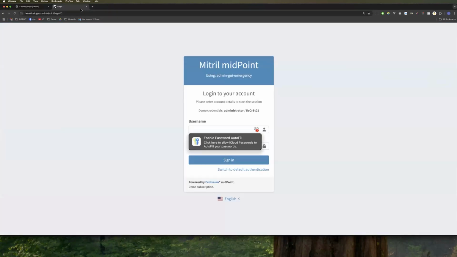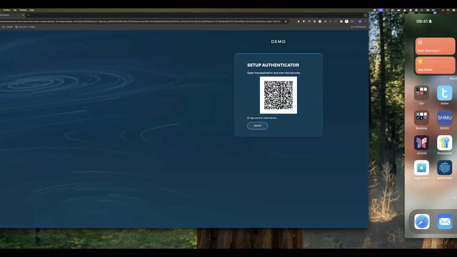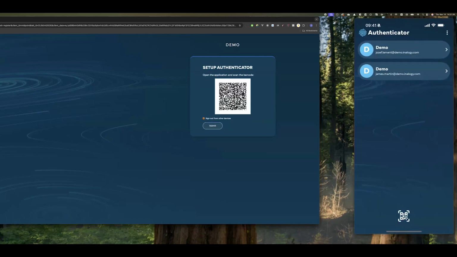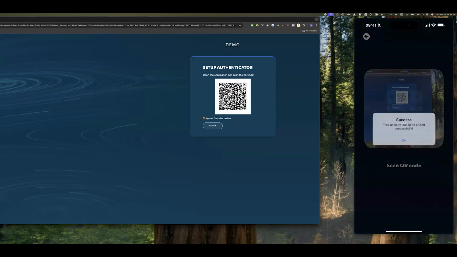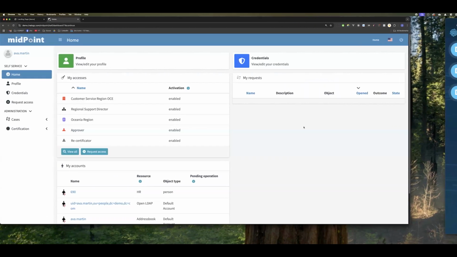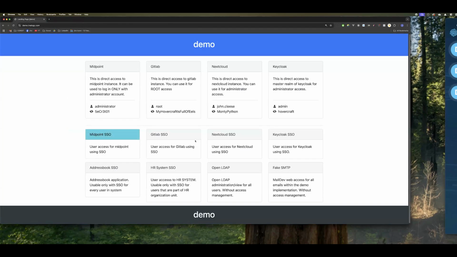Now I will log out again, and let's try the login with Eva again. So now you can see that in the same flow, I was requested to set up the authenticator. So I will open the authenticator application, and I'm going to scan the QR code, which I was successful at. And now I will submit it. And I am authenticated. Now, when I try to repeat that,